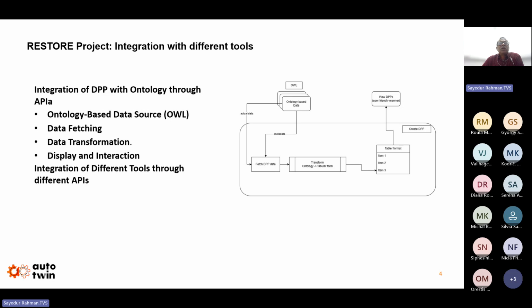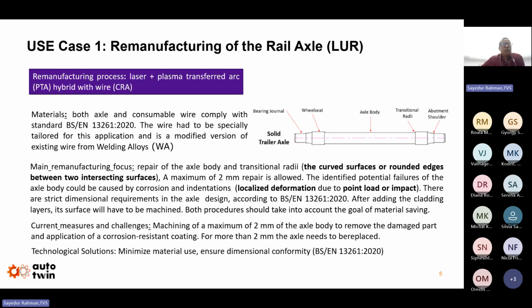This ensures that data flows seamlessly and stakeholders, whether technical or business oriented, have the information they need to support circularity and traceability.